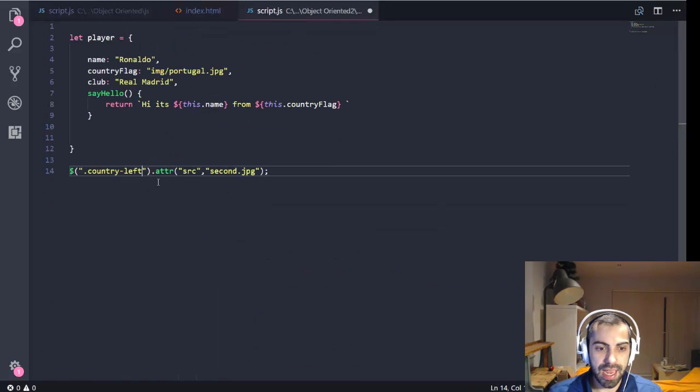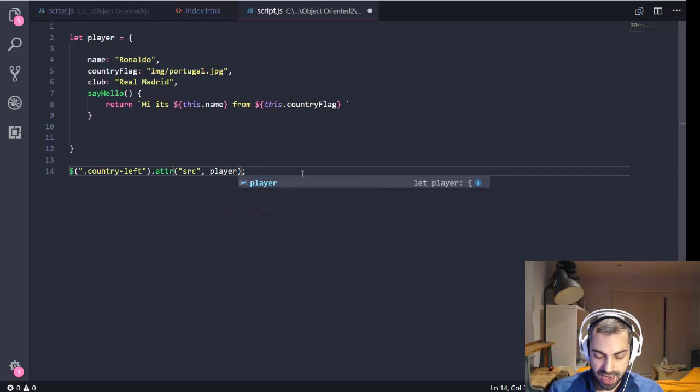Yeah, that's the one. And I'm putting attr, the attribute. This is like from jQuery, and I want to target the source attribute from that image. And for the second one, instead of a string like this, I could put the path that is in there, but I don't want that. I'm going to put this one straight away from the object. So I'm going to put player dot